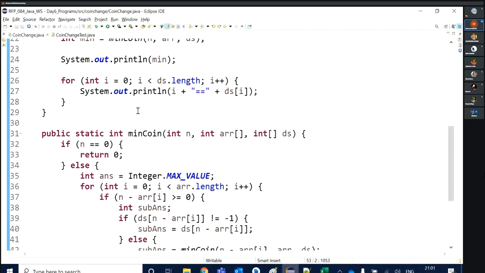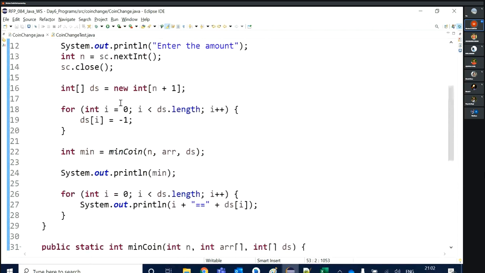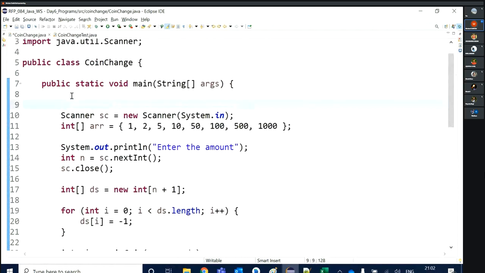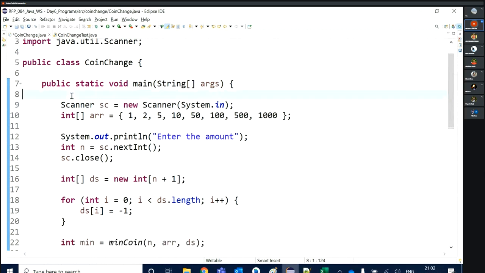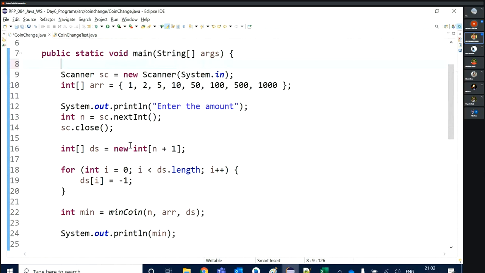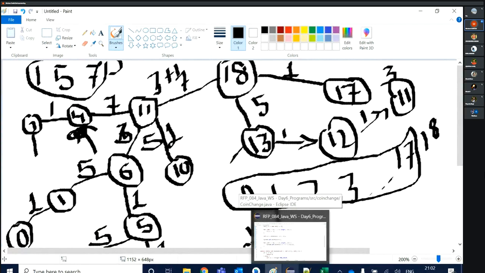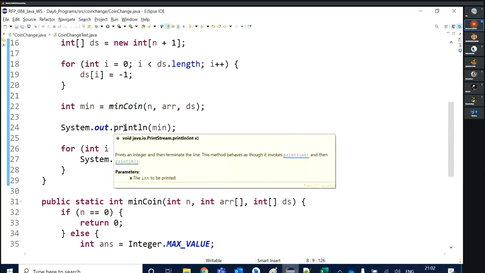First, I have given the solution for the small problem. We will just have the three denominations 1, 5, 7, and the amount is 18. Small amount I'm using. So for that you have to write the solution, and based on that we have written this solution. Yes, sir. To call the sub problem we have to solve the sub problem first, then I will get the answer of it, and we just need to do +1 every time.